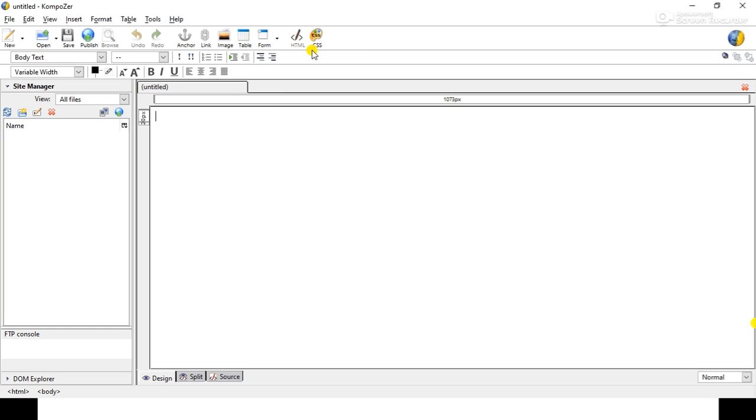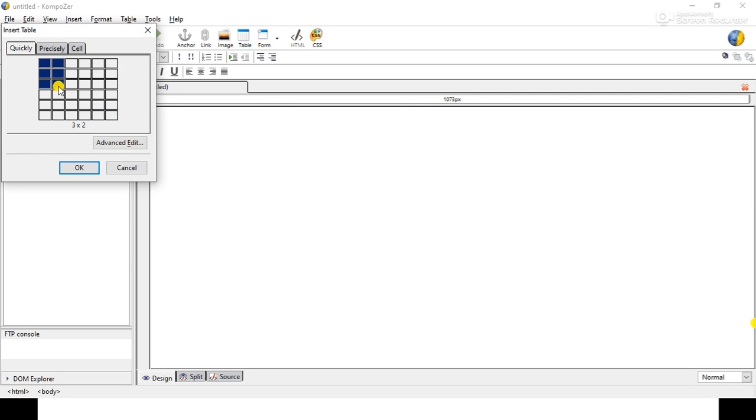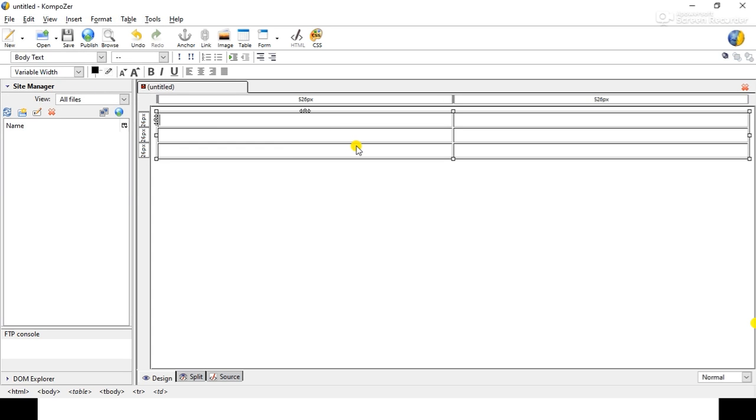Now firstly we will create this table to create the toy shop plaza. So click on this table. We will select this 3x2 columns. In the first row we will merge these two columns by giving the heading of the plaza, and in these two rows and two columns, that is the second row and the third row, we will insert the images for these toys. So click on this, that will insert it.